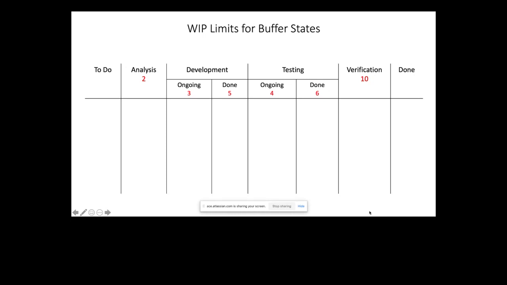All right. So basically, what I was saying is, I was talking about buffer statuses and putting WIP limits for buffer statuses. You can even do that as well, right? And I was telling when you're adding WIP limits for buffer statuses, such as this done state, always go for a higher number so that you don't create any impediments or blockers simply because we have a low WIP limit for that particular column. All right. So that's about putting WIP limits.